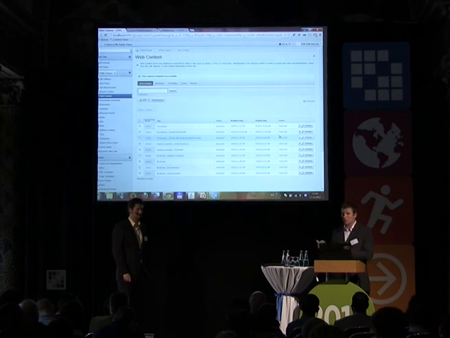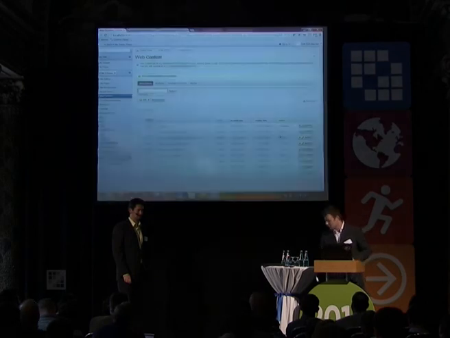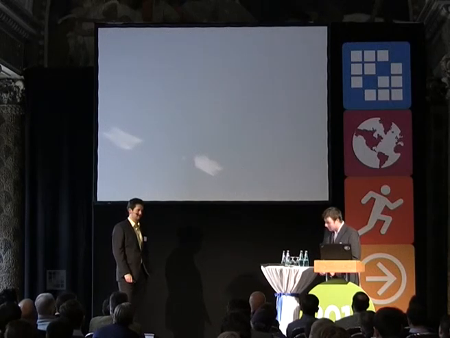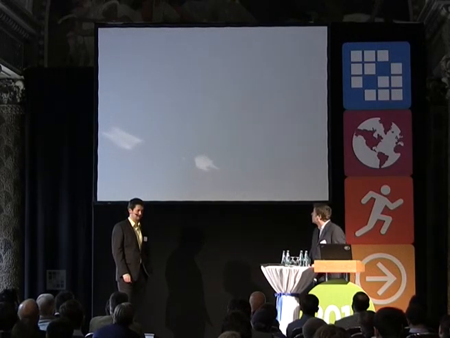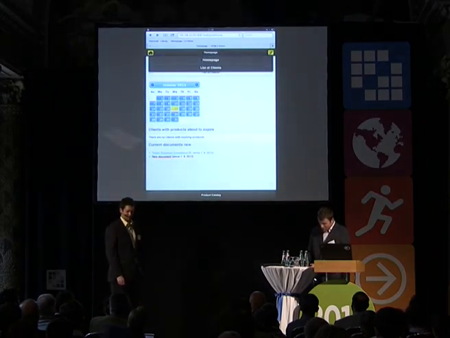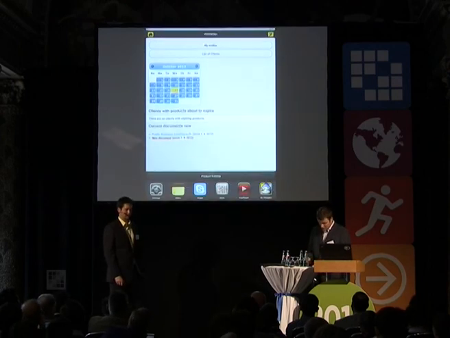And now I'm going to show you how it works on a mobile device when we change the web content and the cache manifest is updated. So I'm going back to the iPad, and as you can see, when I access the homepage again, there is no new document because I'm still working offline. But when I return back to the office and get myself online again